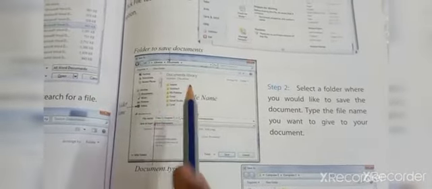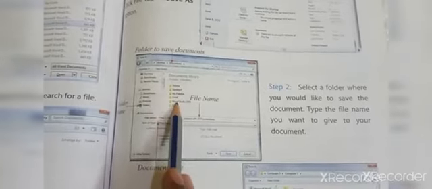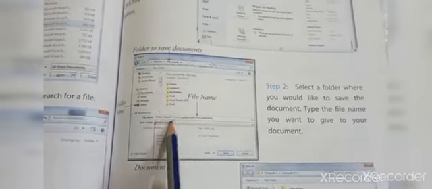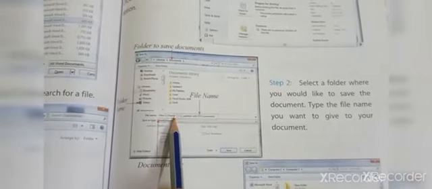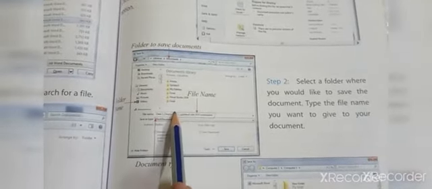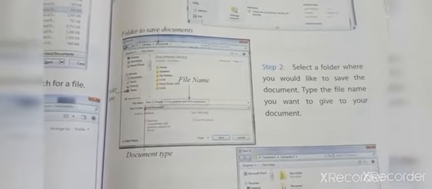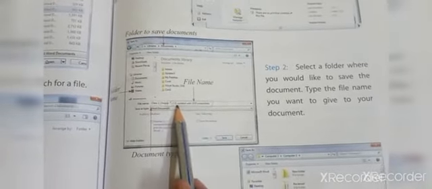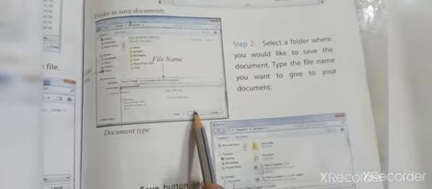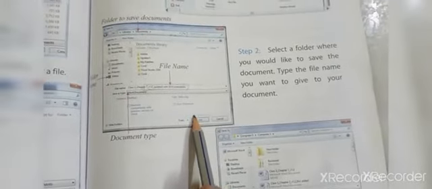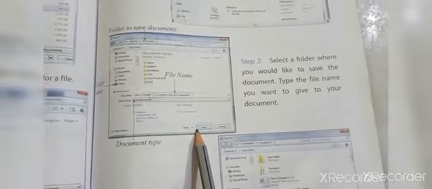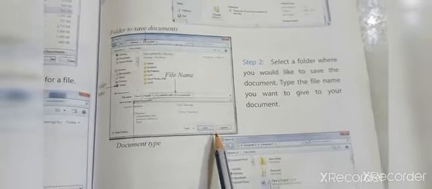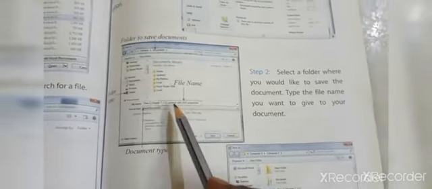So select a folder which you want and save your document by giving the file name. So whatever name you want, you can type here, and after typing your file name, you have to click the save button. After you have clicked the save button, your document will be saved in the folder which you chose here. Okay.